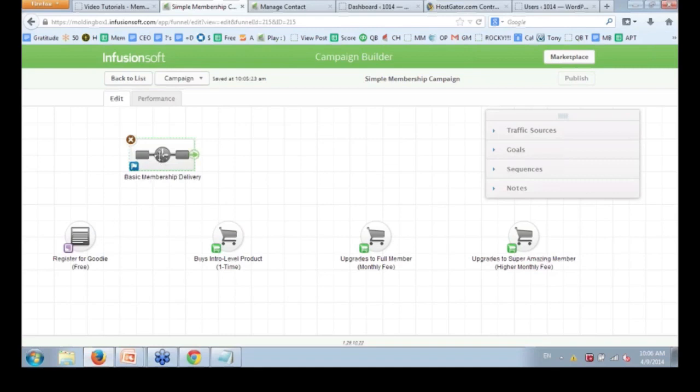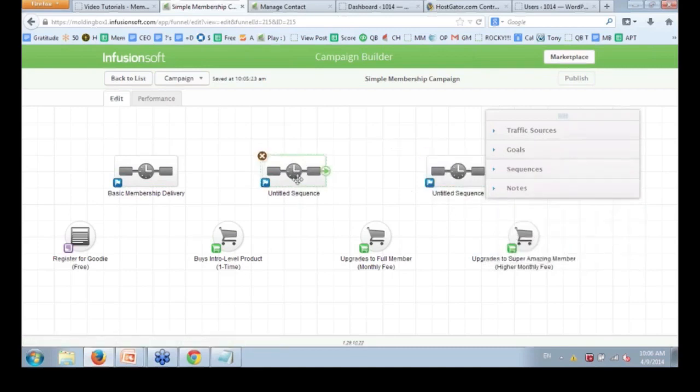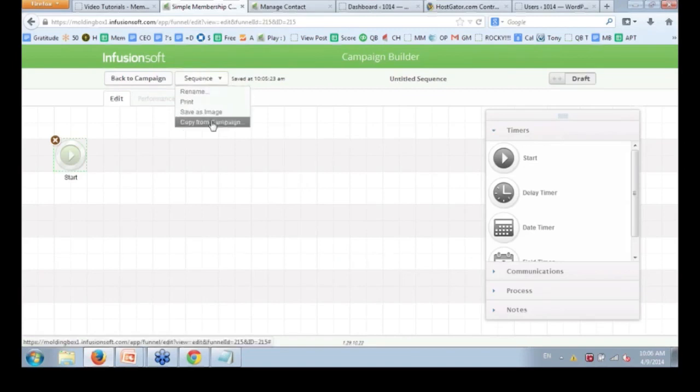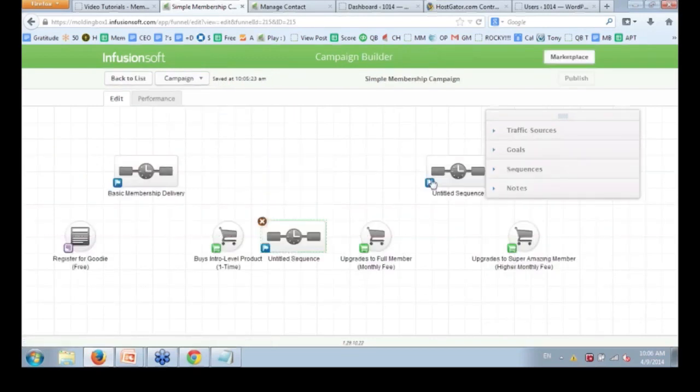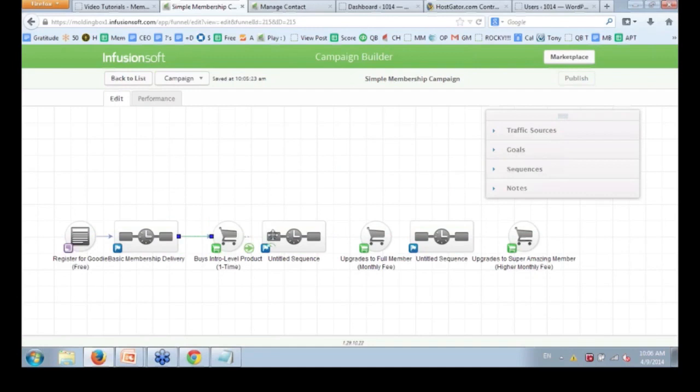And so what I'm saying there is I'd probably take one of these and I'd pull on a few more where I clone the same steps in. So I'm not saying you have to set up all those steps each time. Obviously, for those of you who've used Infusion, you can go to sequence, copy it from campaign, and bring in that same sequence again. So you make the basic, and then you just pull it in all over the place. And the reason it's important to have it between each and every one of these, as well as some of the other stuff that you're going to do there, is that when you connect this,